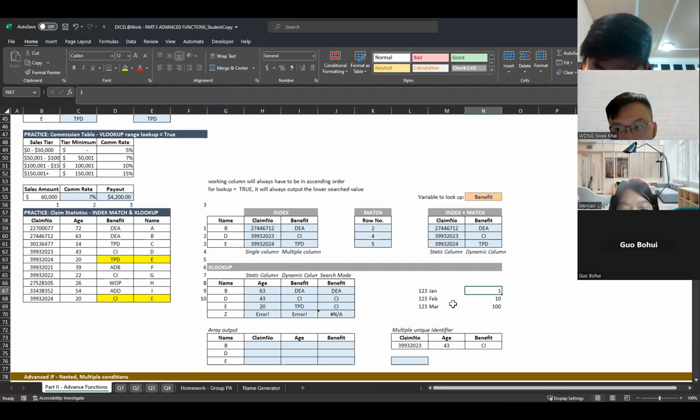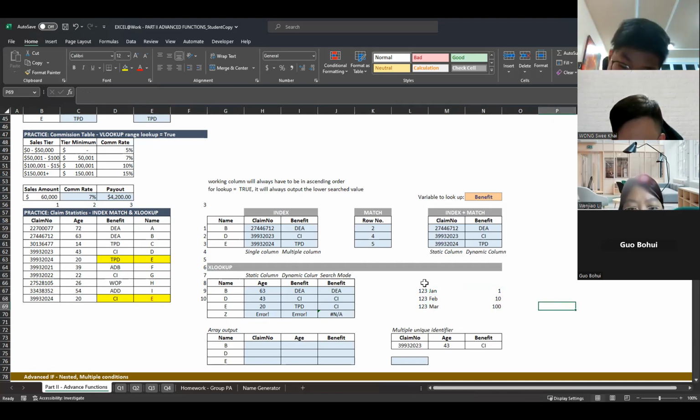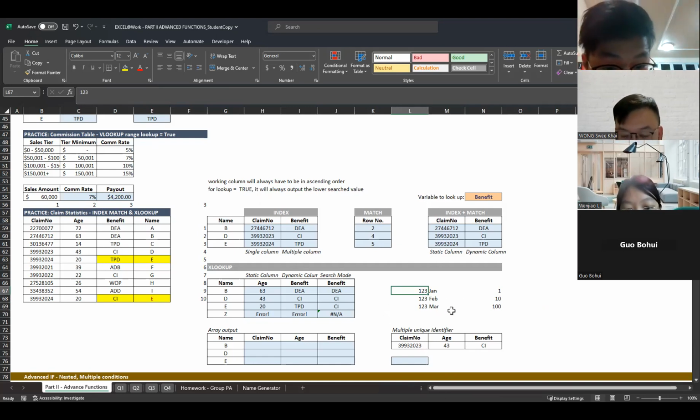Actually, this is what I learned recently, so it's quite interesting to me that I have to search the other way around, instead of top to bottom. Of course, I can do another way, which is to search, for this claim, what is the latest month that I paid and what's the amount I paid, but I have too much data to look at. So it's better to do an XLOOKUP to find out what is the latest amount that I paid for this particular claim. Okay, so that's some interesting ideas.